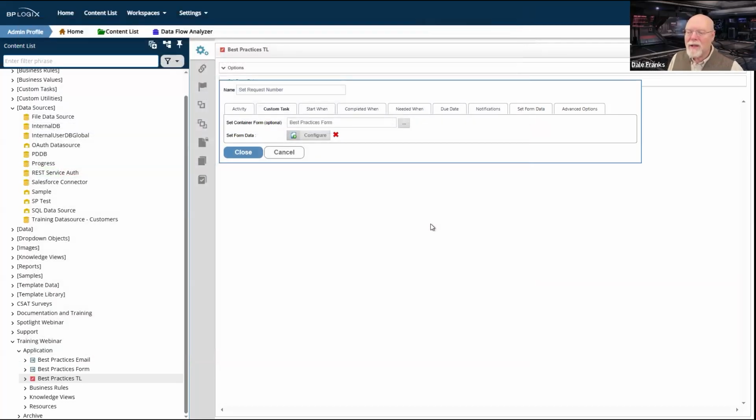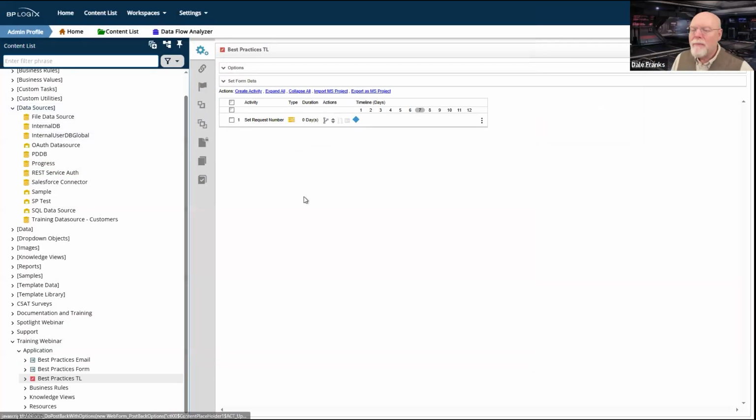And I'm doing it inside the process timeline because I want to have a running process timeline instance before I burn a sequence number. There's no real way that I can use a sequence number and set it anywhere in the form's lifecycle that will not burn a sequence number prior to the process being started. So if the user submits the form, then great, that sequence number is fine, and I can use it as the request number for that particular instance going forward.